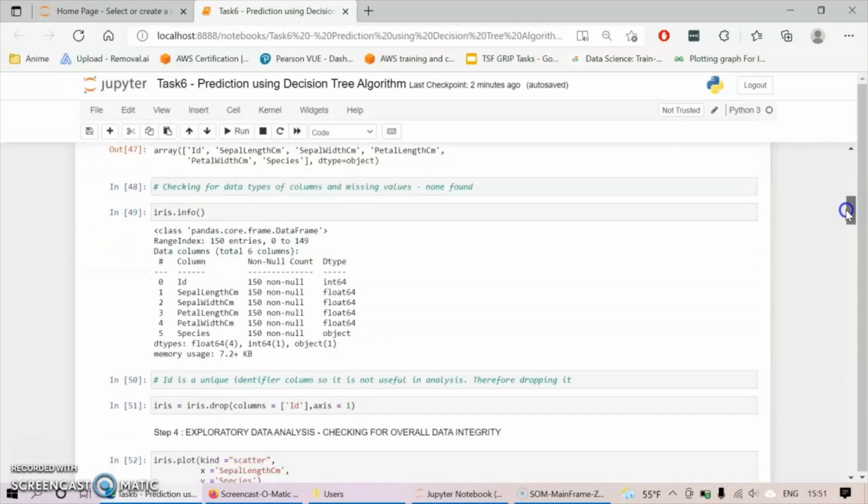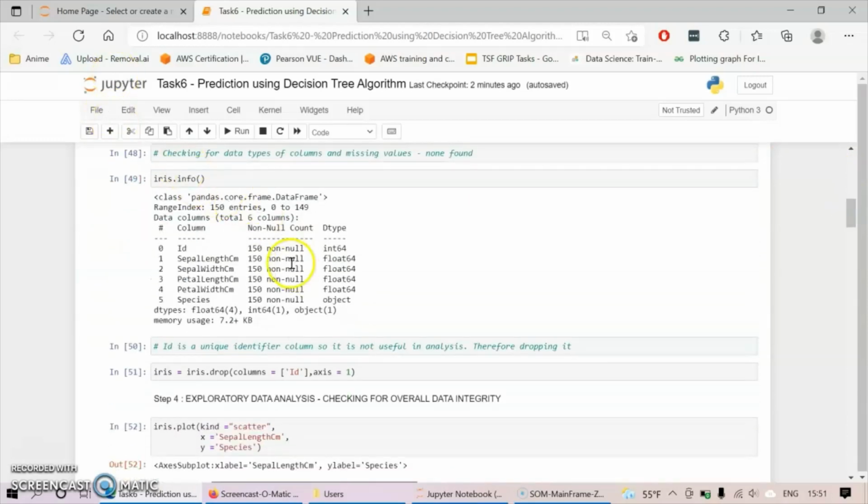Now by using the info method, we can get a brief description of the different predictors and columns, whether all of them are non-null, and what the data type is. If it had some null values, we would use some imputation methods to fill in the missing values, but here we have very clean data.